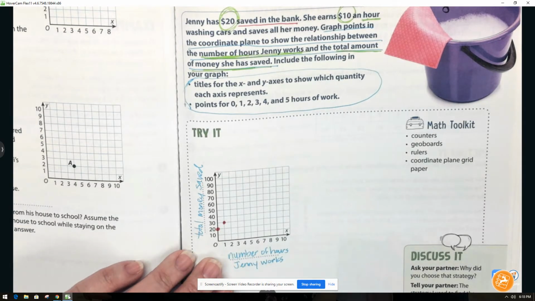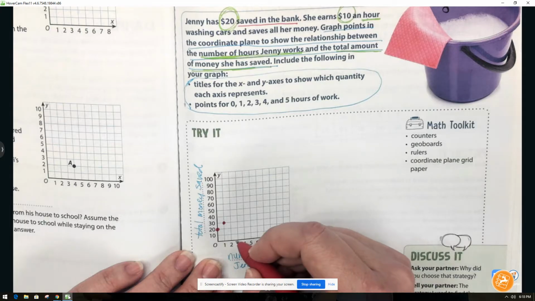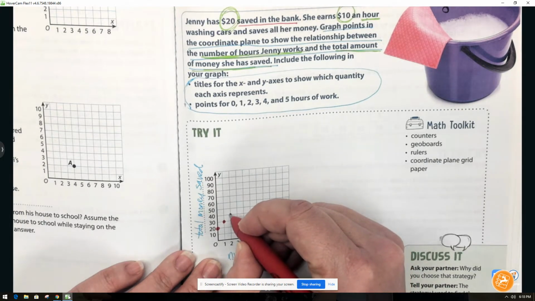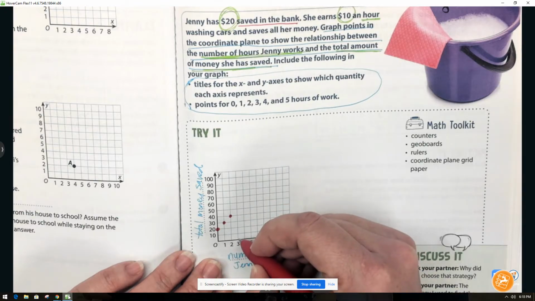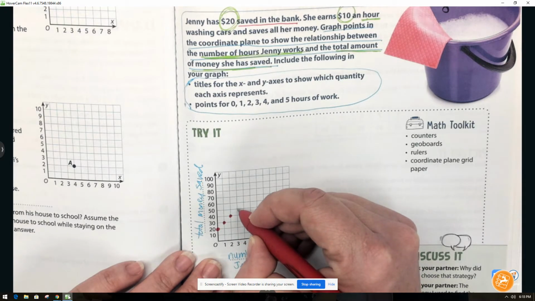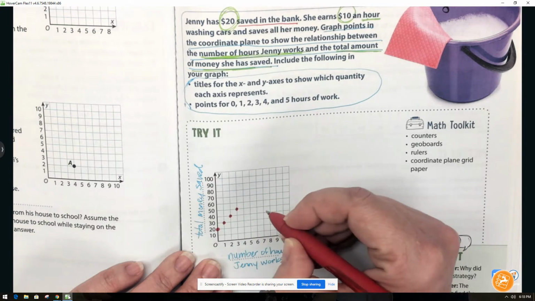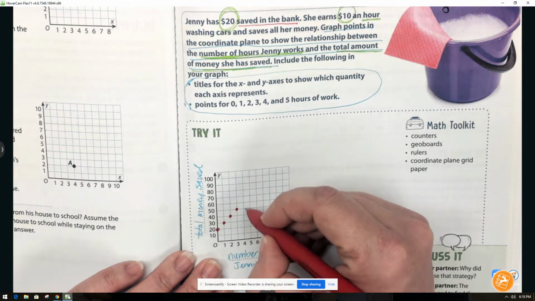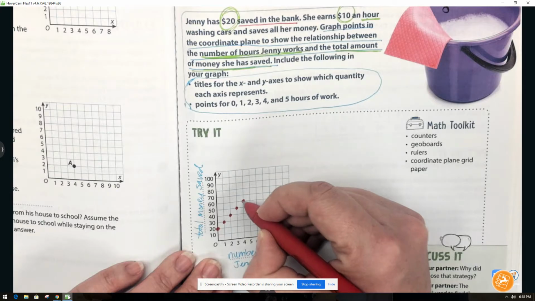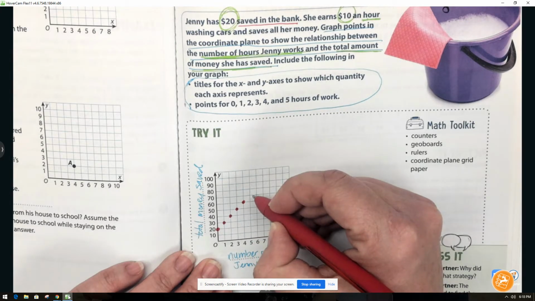So that's going to go up to her having $30. In 2 hours, she's going to make $10 more than that. So she'll have $40. In 3 hours, she'll make $10 more than previously. That would give her $50. For 4 hours, she would have $60. And for 5 hours, she would have